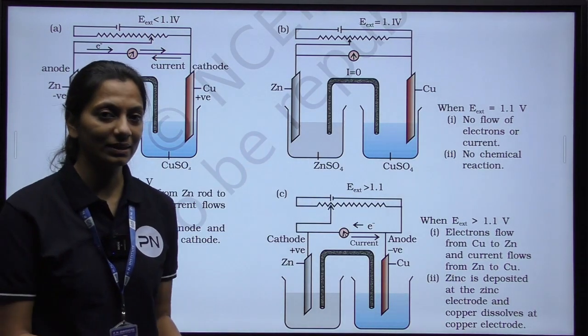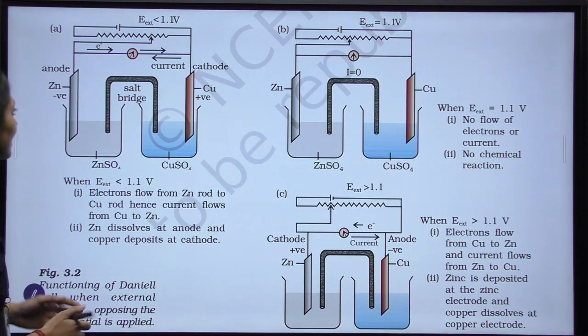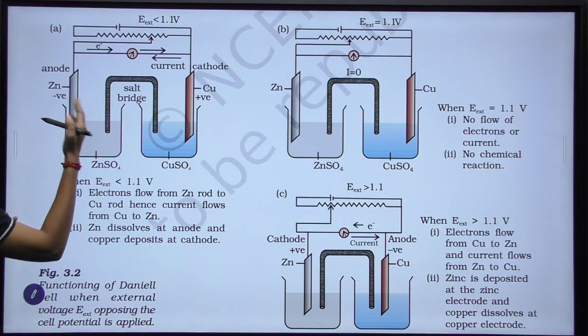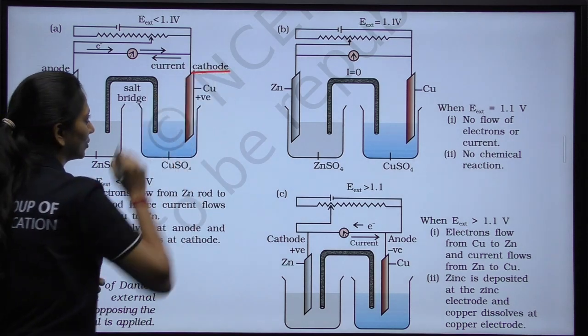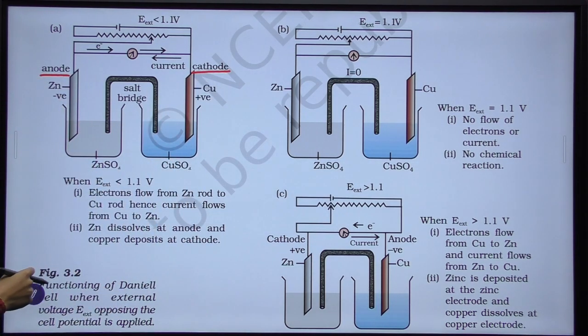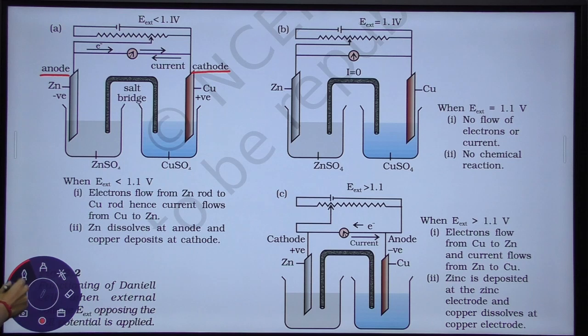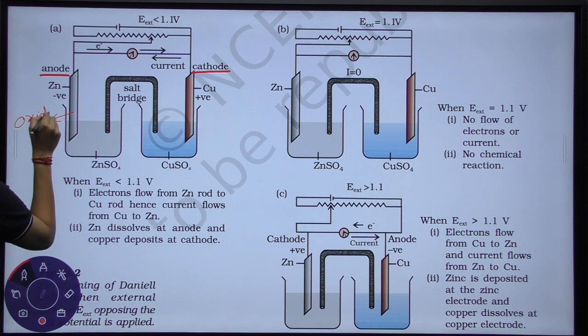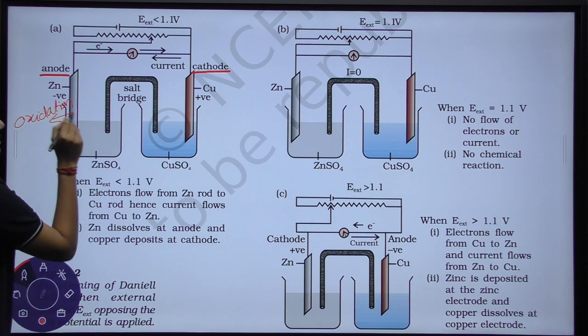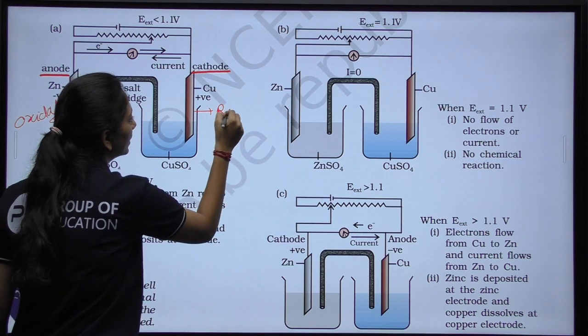हमने कल जो पढ़ा था इसके बारे में, what we have studied is regarding the two types of different electrodes. One is an anode, another is your cathode. Okay, so one is your anode, another is a cathode, and in this also anode and cathode are there. So in this also we have studied that this is going to give you oxidation, and this side it is undergoing your reduction.